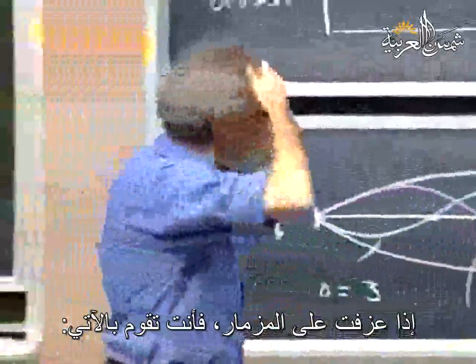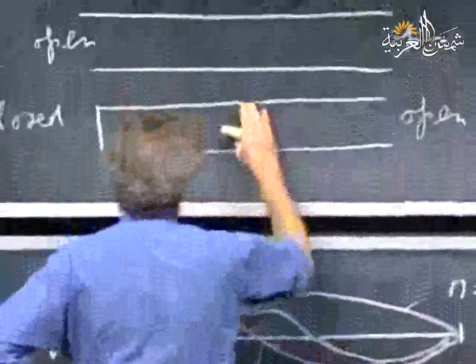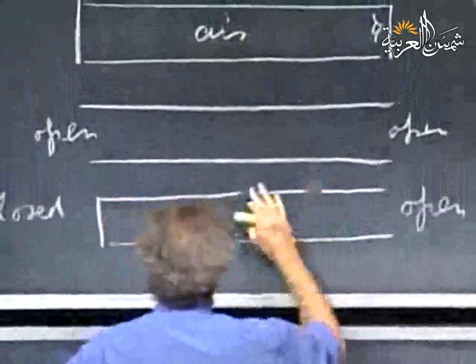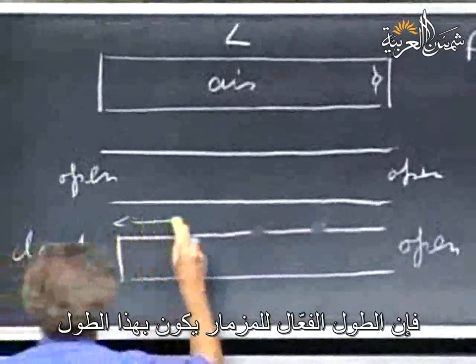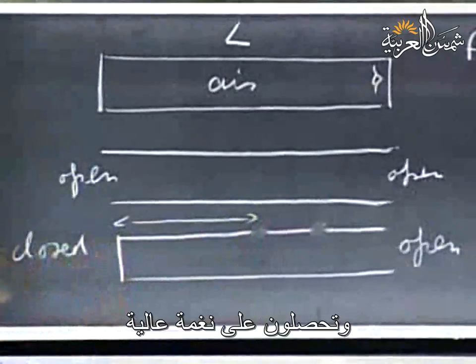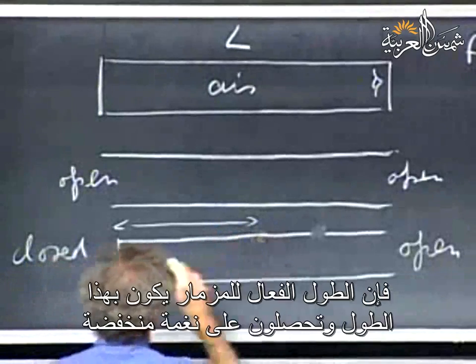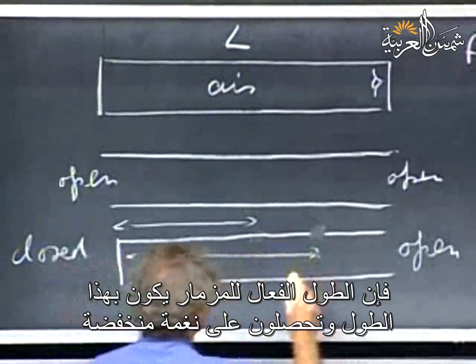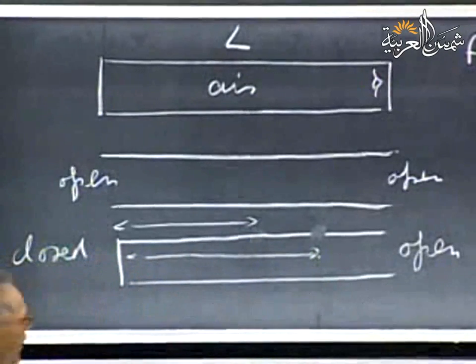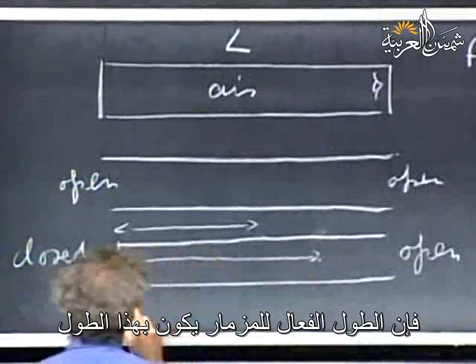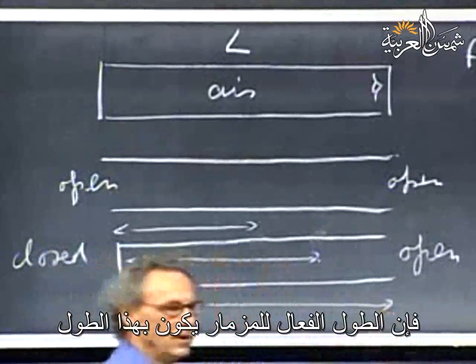If you play a flute, you do the following. You make holes in here. And when you take your fingers off both holes, then the effective length of the flute is this long. You get a high tone. If you put your finger on this one, then the effective length of the flute is this long. You get a lower tone. If you put your finger on both, the effective length of the flute is this long, and you get an